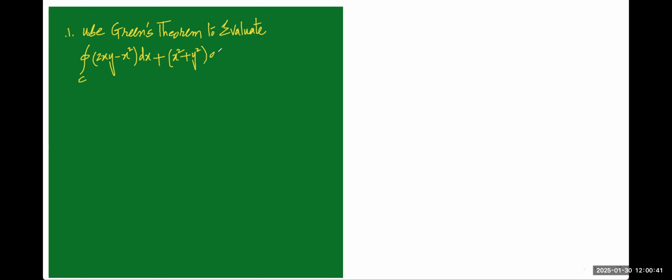Use Green's theorem to evaluate the integral over C of (2xy minus x square) dx plus (x square plus y square) dy,